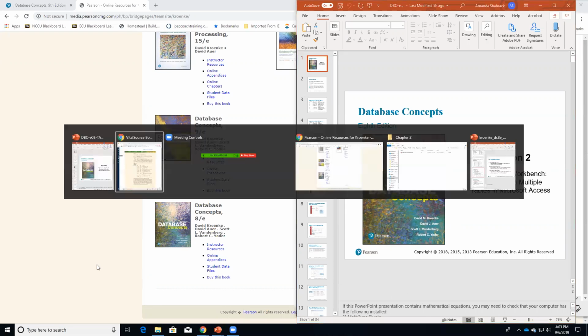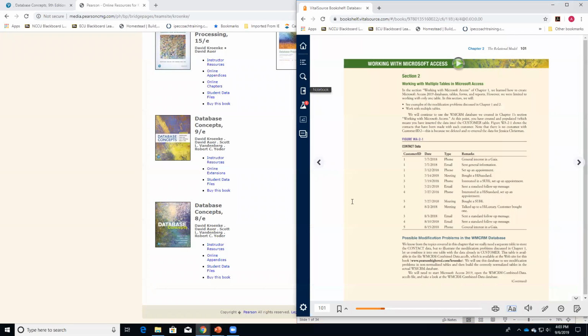So first things first, when you begin working through this as a project, or to understand what you're going to need to do for your project, more to the point, that starts on page 101. But as you start reading through, it starts talking about the normalizing of data, which is something that you learned about during the chapter. And what it wants you to do is go to this website here,